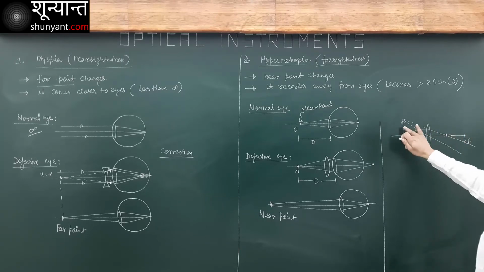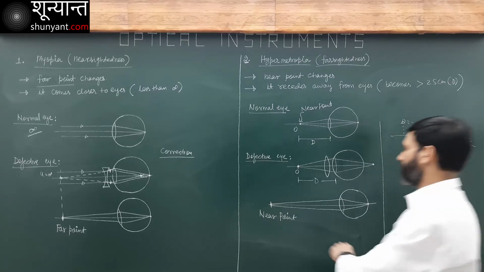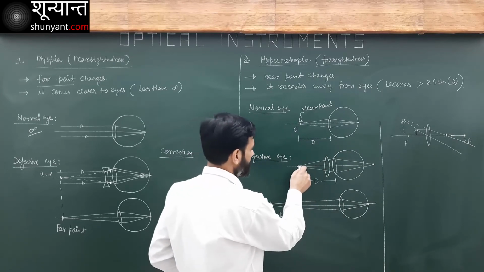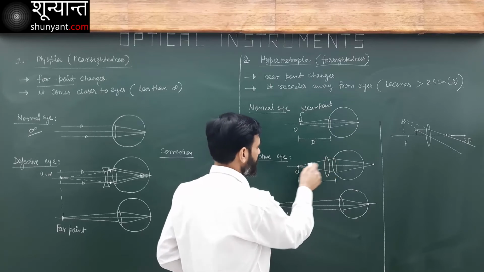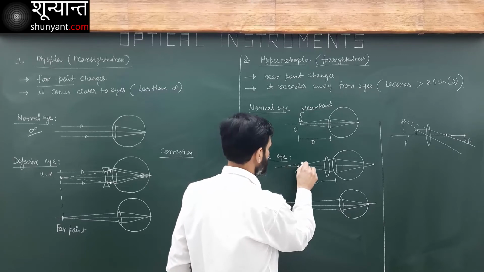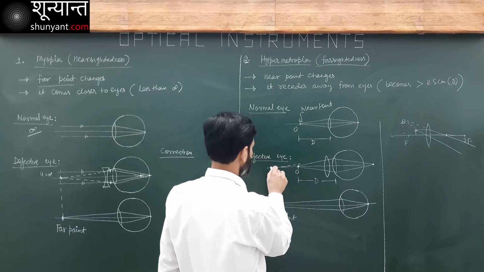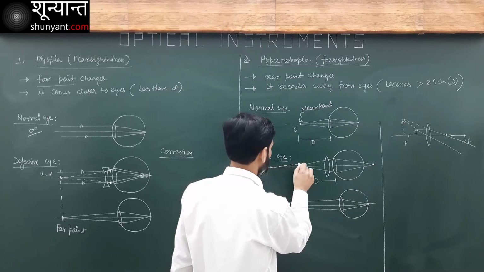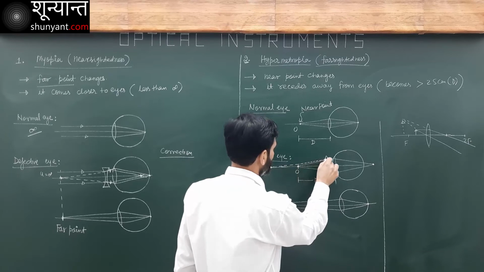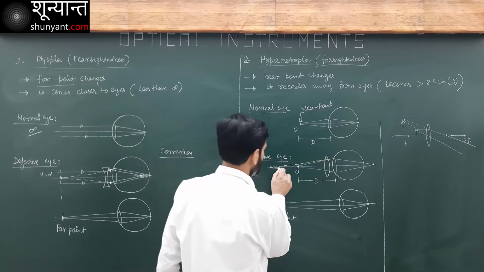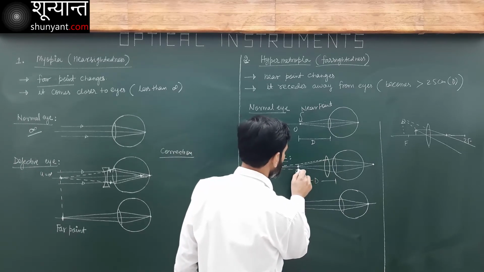A virtual image forms. The same thing we do here. This distance will be smaller than focal length. So when the light rays pass through this, the lens will make a virtual image like this here, a virtual image at this point here. Let's see how we trick our eyes. We trick our eyes into believing